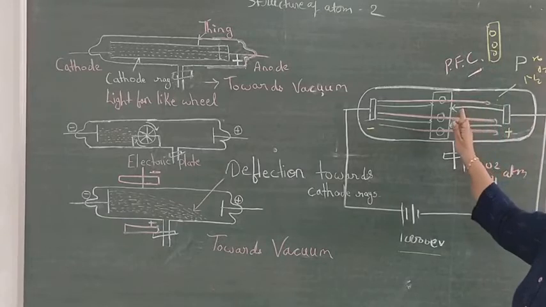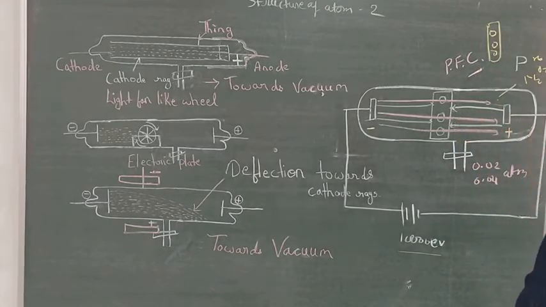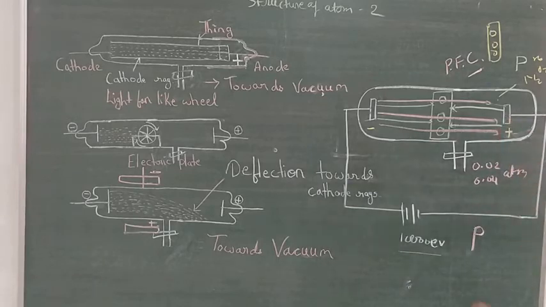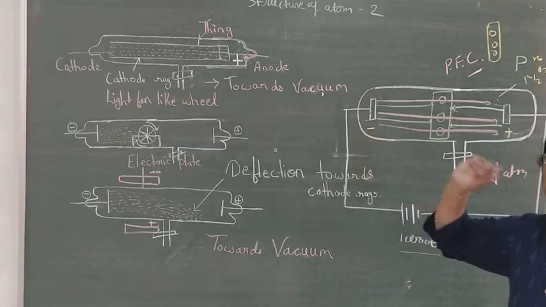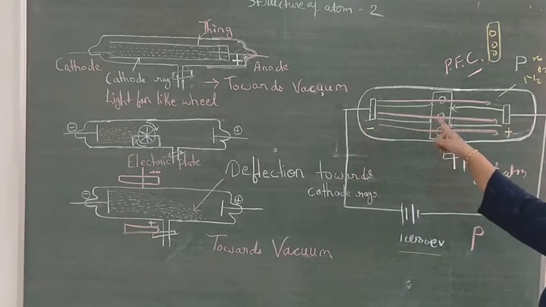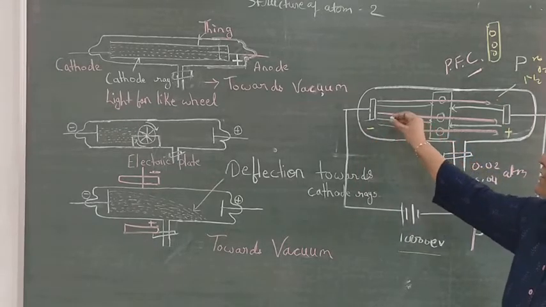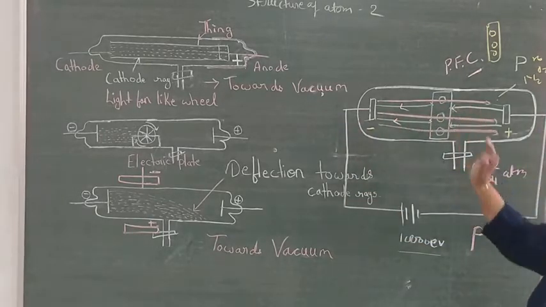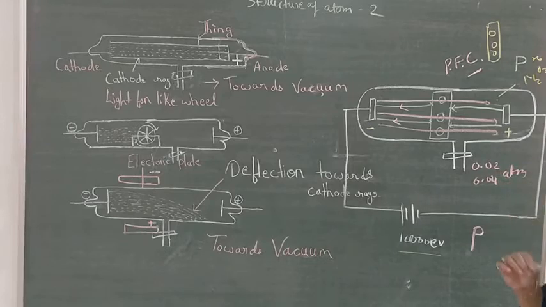And because of this, we came to know that yes, there is some positive particle inside atom which is known as proton. Their quality is the same as anode rays, which are moving from positive to negative electrode. Definitely, if the rays are penetrating where the hole is not available, they will revert towards the cathode side, and only anode rays will be attracted to cathode, and we will find yes, there is one positive charge, that is proton, given by Mr. Rutherford. Clear?